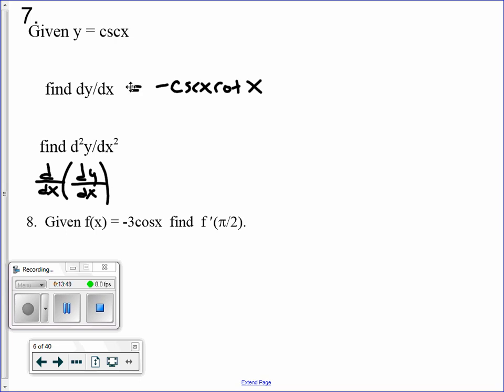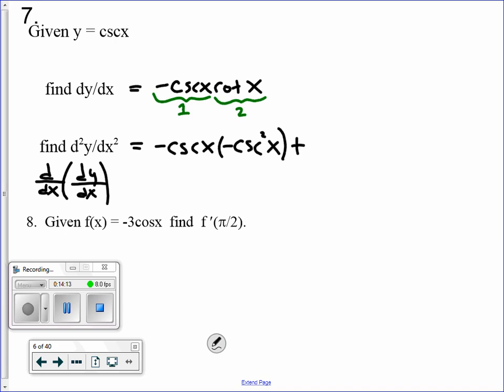Okay, so to get that, since the first derivative is a product, we're going to use the product rule. So I'll consider the negative cosecant x to be the first and the cotan x to be the second. So here we go. First, times derivative of the second. The derivative of cotan x is negative cosecant squared x plus, with the product rule, the second times derivative of